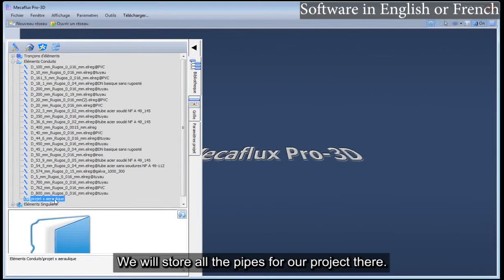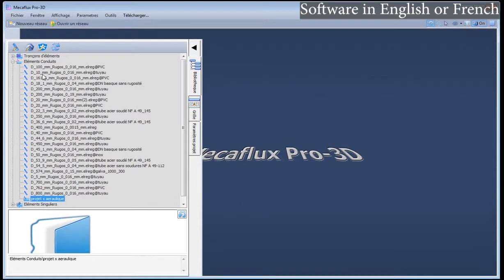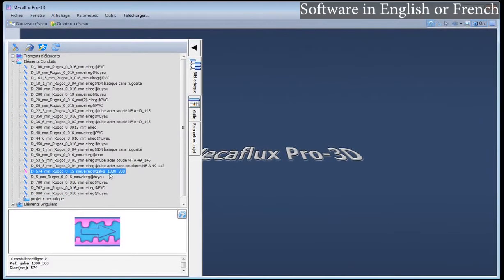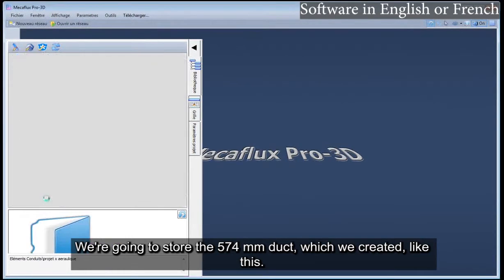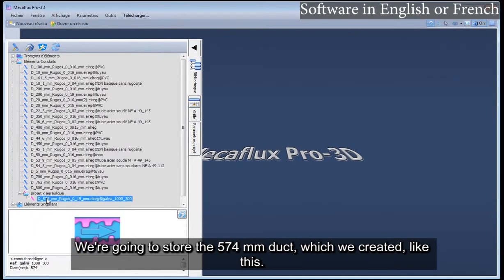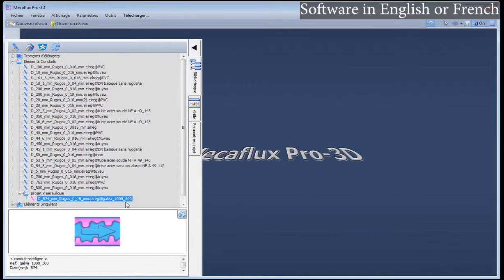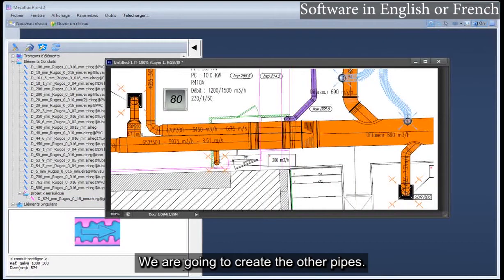We will store all the pipes for our project there. We're going to store the 574 millimeters duct, which we created, like this. We are going to create the other pipes.